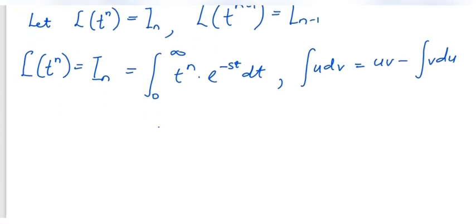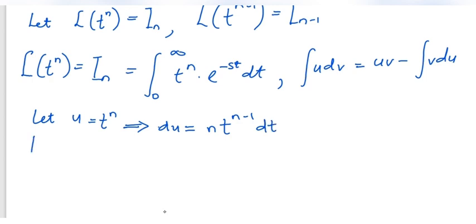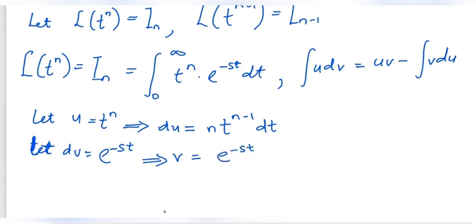Alright guys, so let our u be t to the power of n, and this implies that our du is going to give us n t to the power of n minus 1 dt, and let the v be equal to exponential negative st dt,